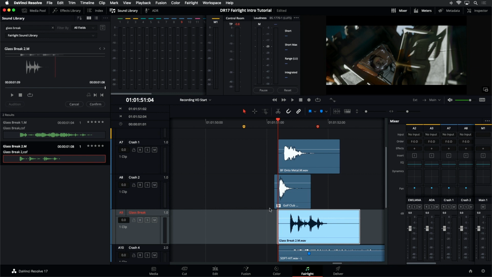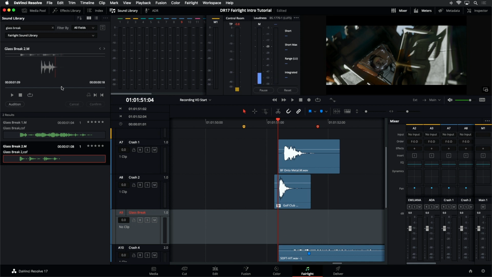Now we have another choice though. Instead of just dropping in the entire piece, I'm going to undo that or just cancel that. And instead, one of the things you can do is you can actually set a sync point. So you can tell it an exact frame of that sound effect will match to wherever your playhead happens to be. Let's do that. So I'm going to come back over here to the sound effect, and I'm going to find